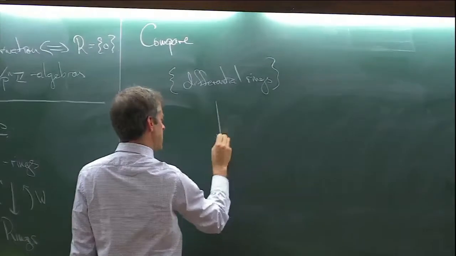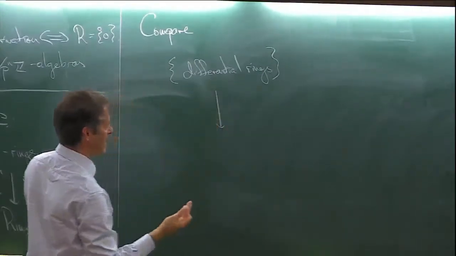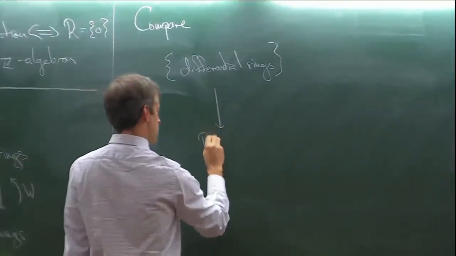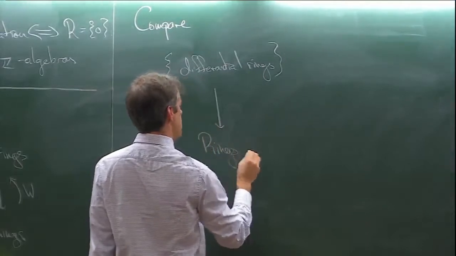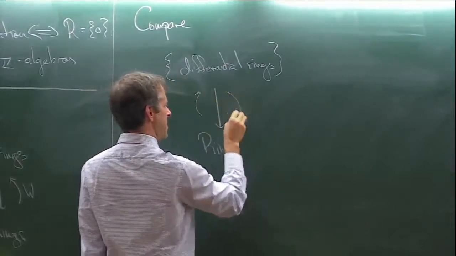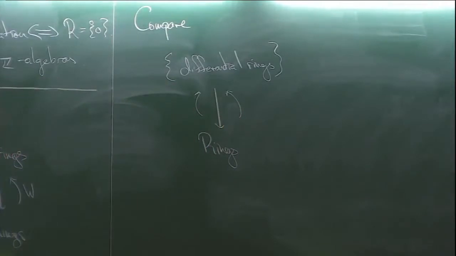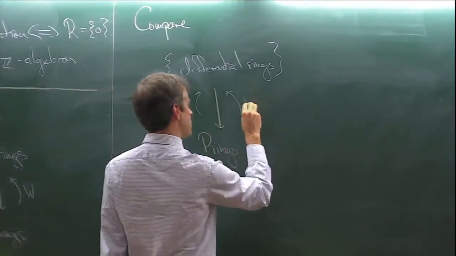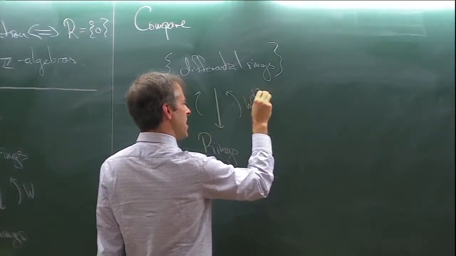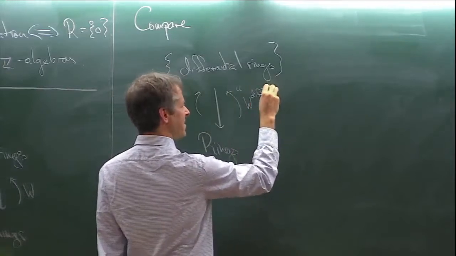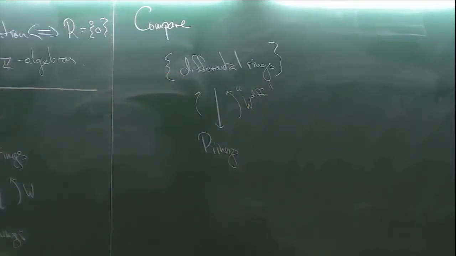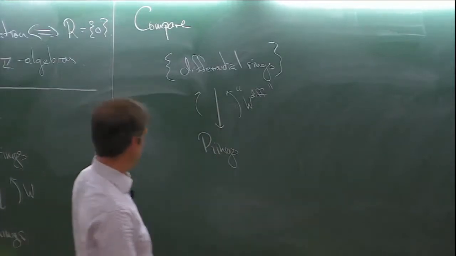They're a little easier because the operator d, the derivation, is additive. But they're really not so different. And this will also have both a left and a right adjoint. And this one, which I'll tell you all about in a few minutes, let me call it the differential Witt vectors. It's sort of a stupid name because it's actually going to be something you've heard of already and are